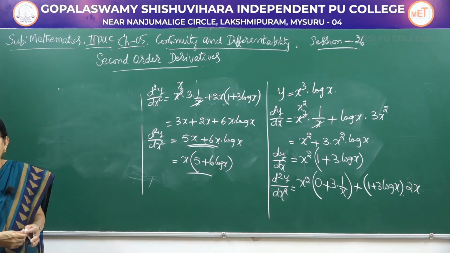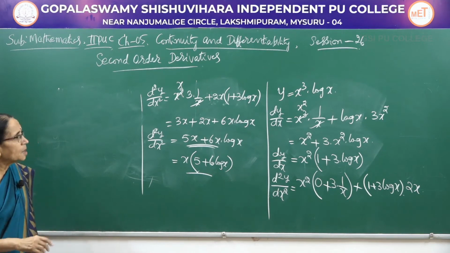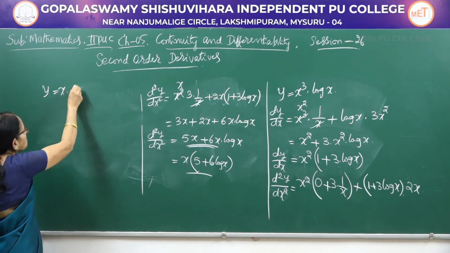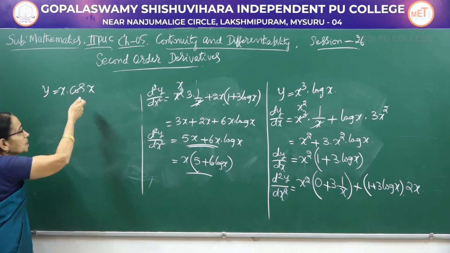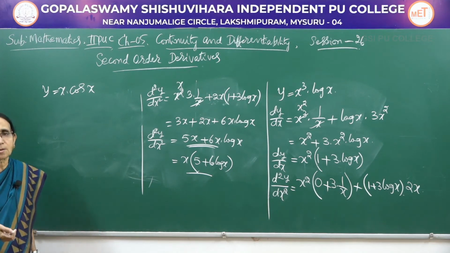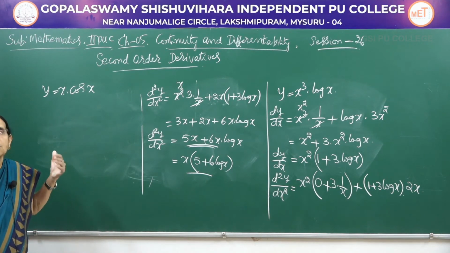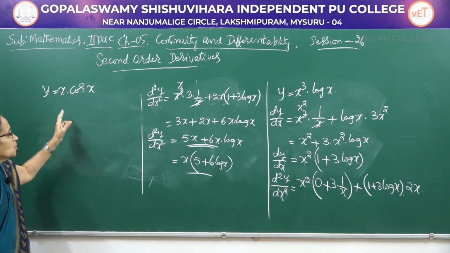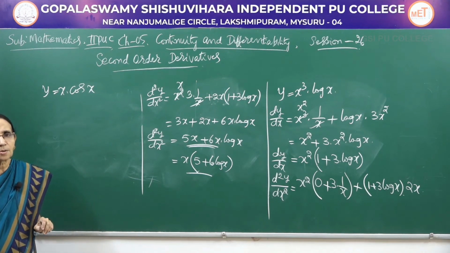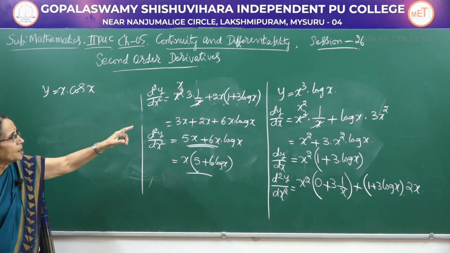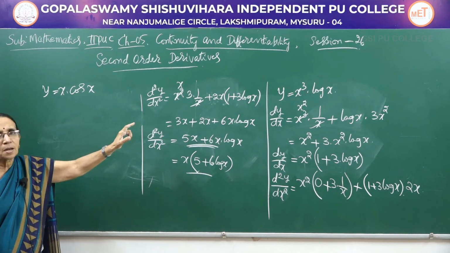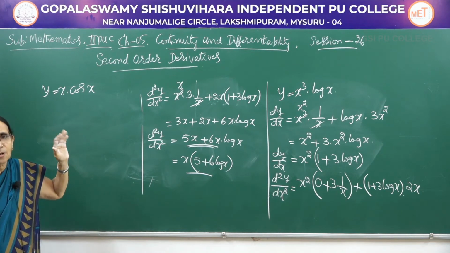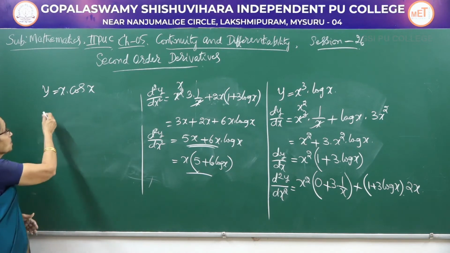Answer would be the same. Similarly, now I want to consider another product. It is x into cos x. See, you can try a problem at home, x into sin x, or x into tan x, x into secant x. Like that, you can frame the problems yourself and then differentiate. y is equal to x into cos x. Now, there we had a product of algebraic and logarithmic function. It is x and cos x, trigonometric as well as the algebraic function.